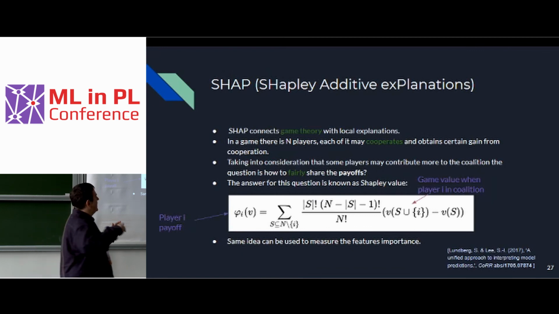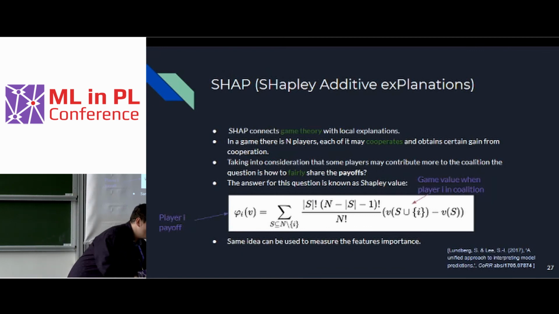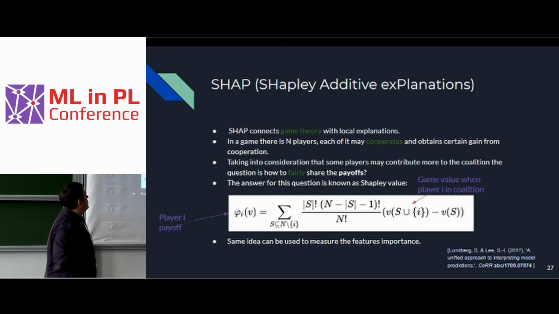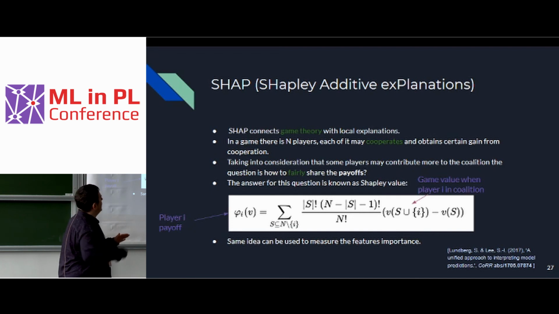Okay, so now I would like to show the second one. I don't know how much time I still have. 5 minutes. Okay, so another one is called SHAP. It's related to the Shapley value. I don't know who of you has heard about the Shapley value. The Shapley value is a concept from game theory, and roughly speaking,